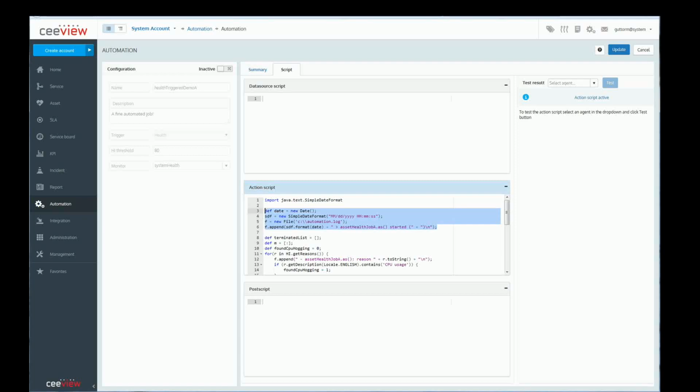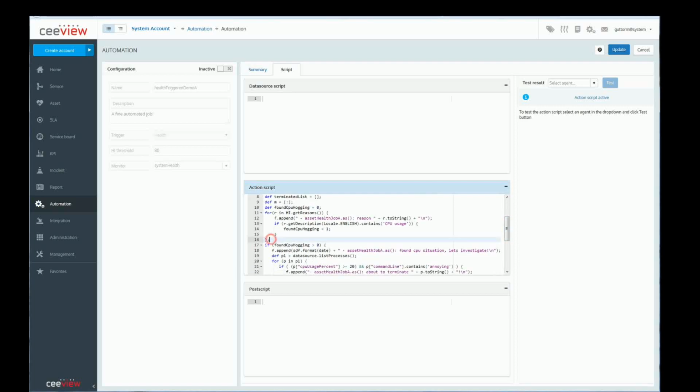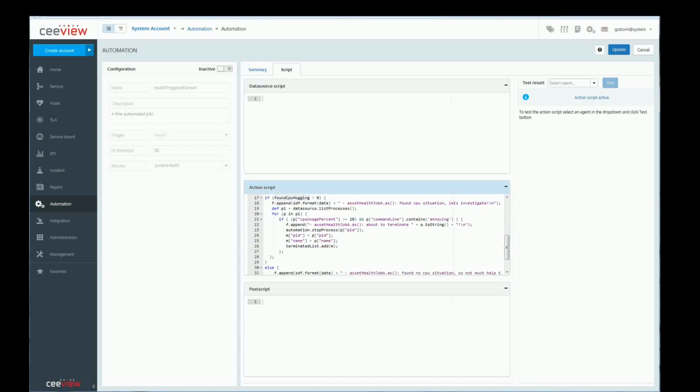The first part here is logging or tracing information which I send to a file. It's purely for debugging purposes. The first part of real interest is here, where I loop through all the reasons belonging to the event that caused the automation to start. And I'm searching for one reason indicating that there are issues relating to CPU usage. If I find such a reason, I set the variable CPU hogging to 1 or true. And in the next section,